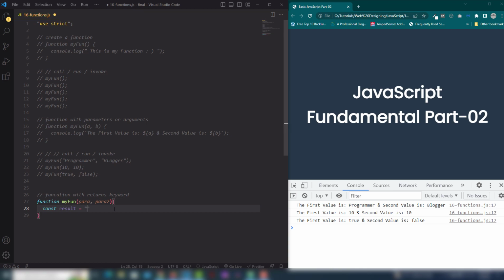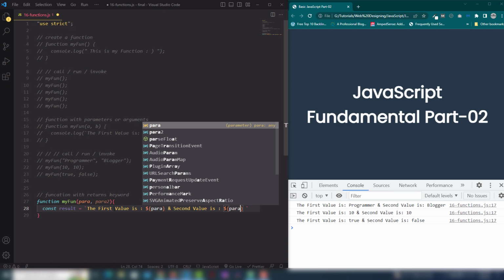like, I'm going to use backtick and the first value is para and second value is para2. Okay,